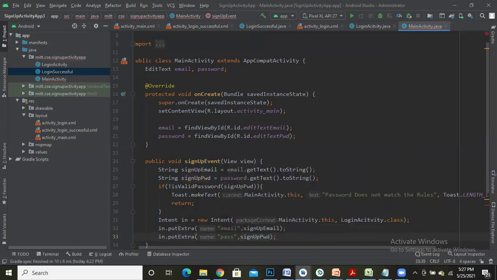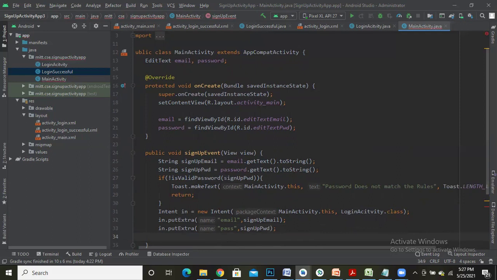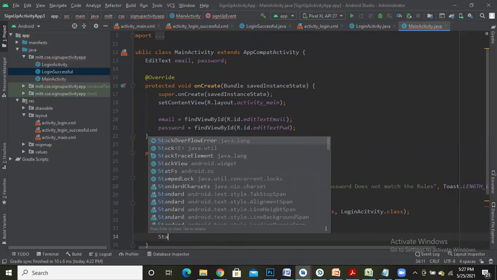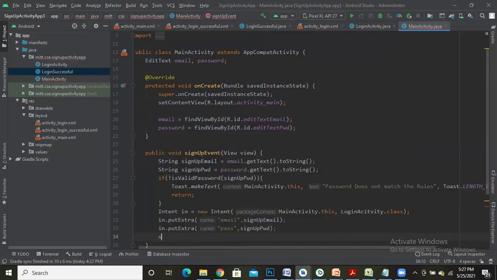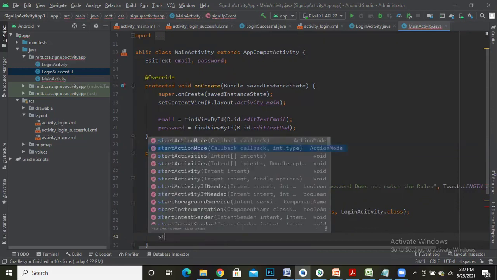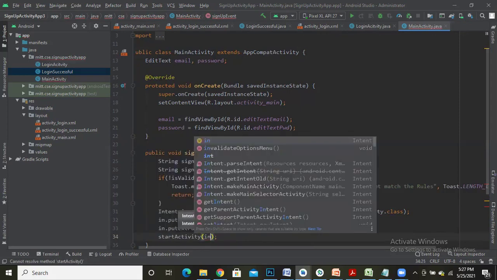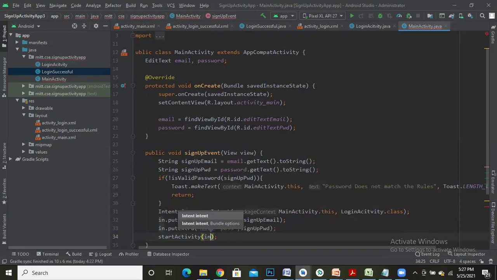After putting the value which I need to send to the next activity, I'll start the activity which is indicated in the intent: startActivity, the intent is in. So done.